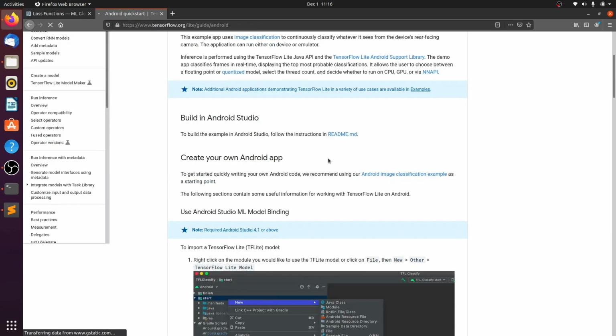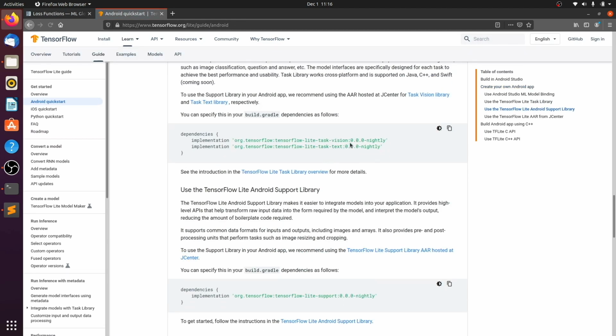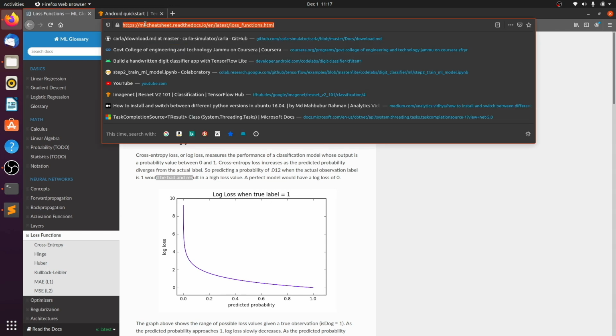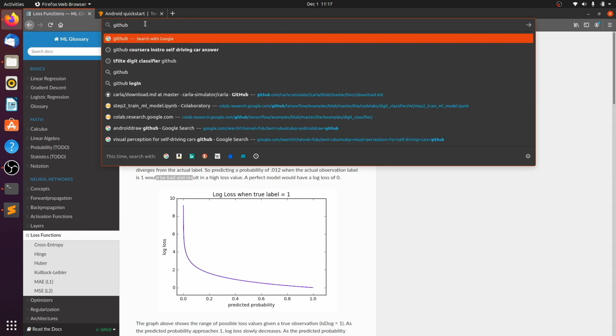You can also see we want these dependencies from TensorFlow Lite. I will put the links in the description. We also want